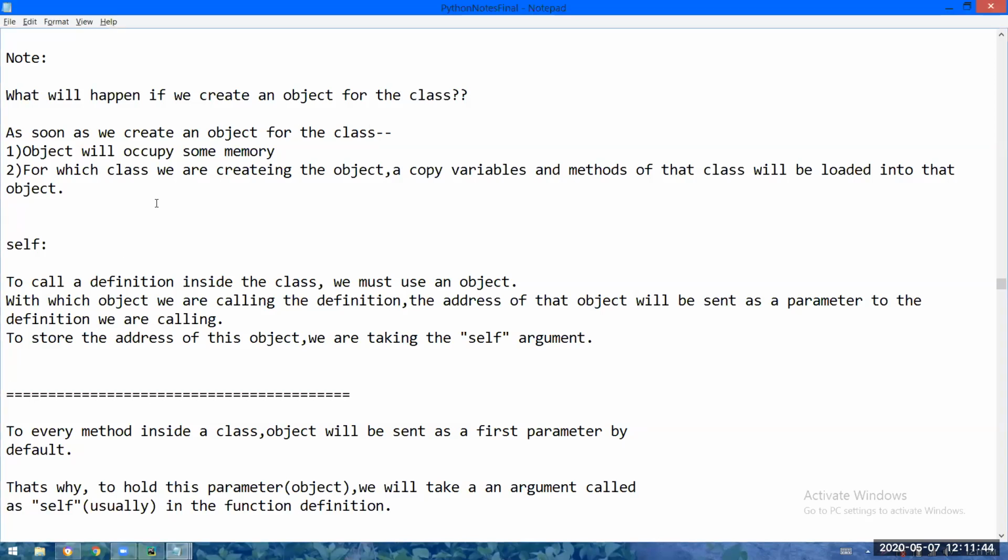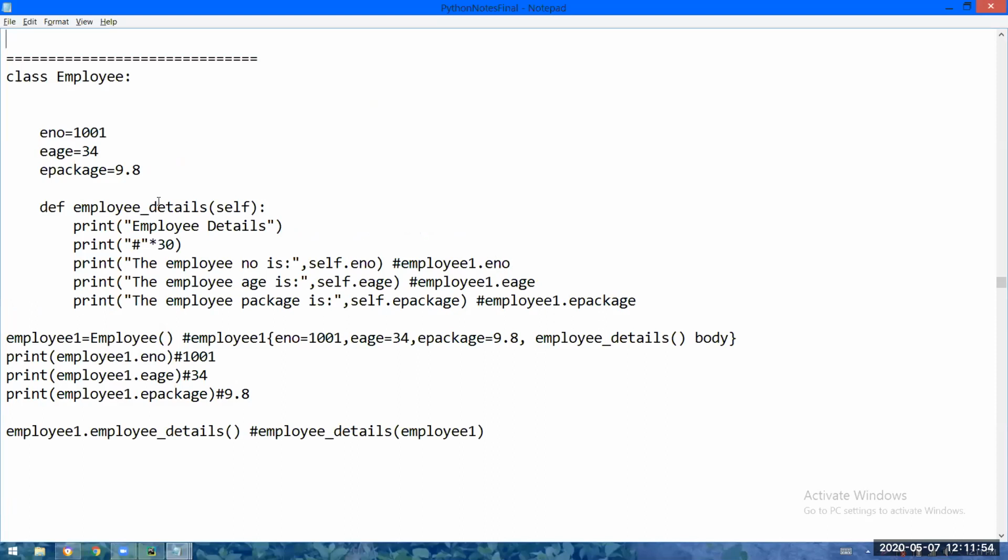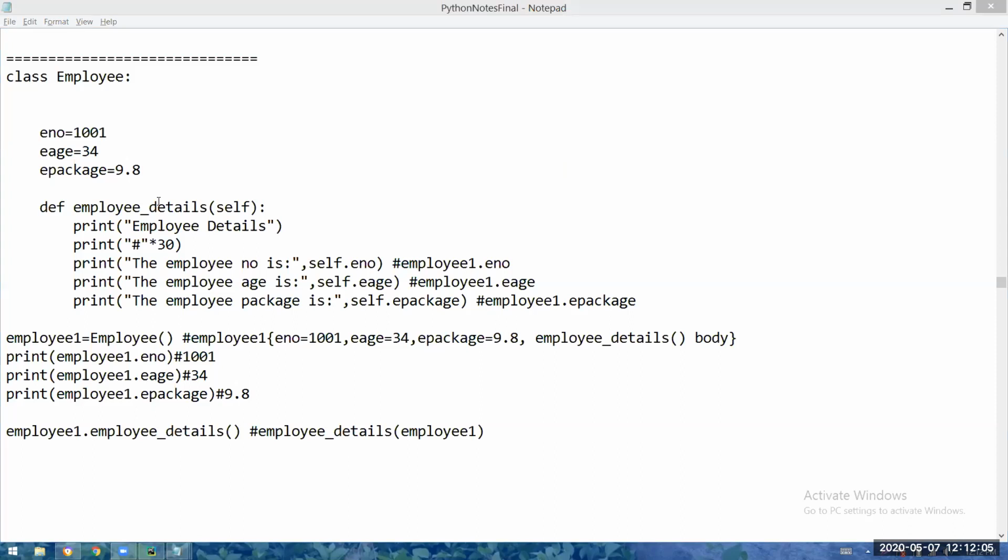So let us discuss again. I will tell the complete program one more time, then I will ask you questions. Self in a method is required for sure, because the calling object will definitely come into that. If one parameter is passed, I must take an argument to hold it. It is mandatory.